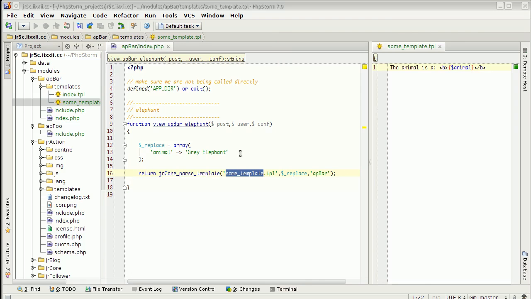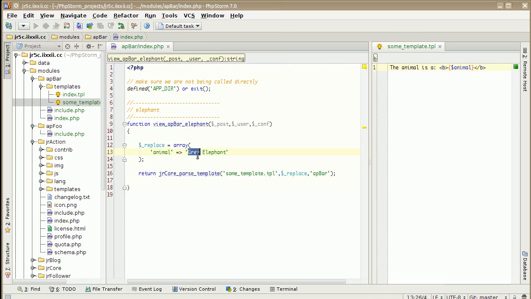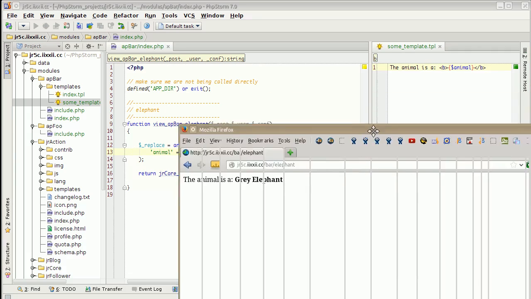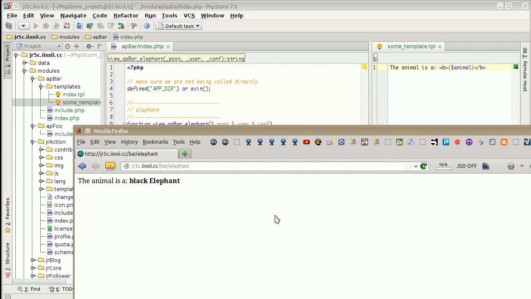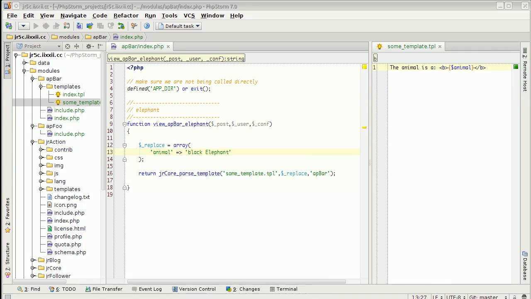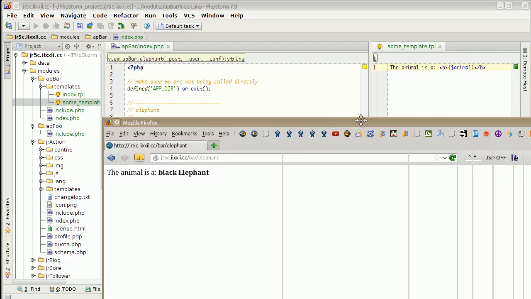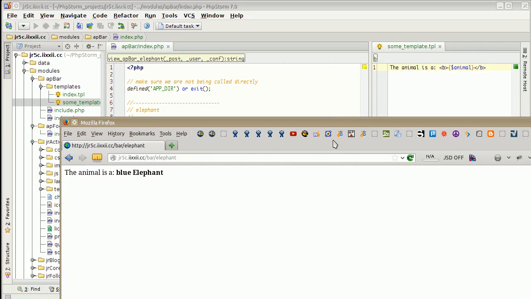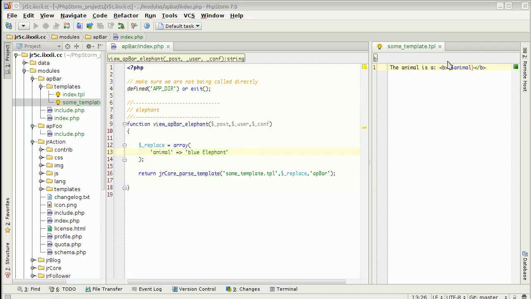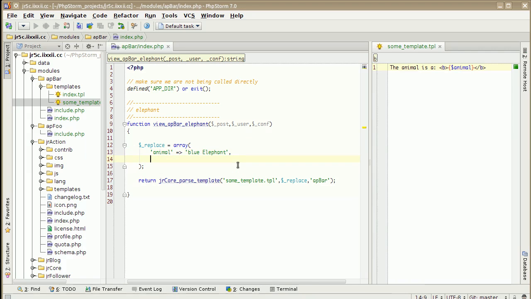Right, okay. So if we change that to a black elephant in our code, obviously the output changes. The animal is a blue elephant. Drill the point home. Okay, so this animal is being replaced by this replacement value here, and we can add something else, and size equals